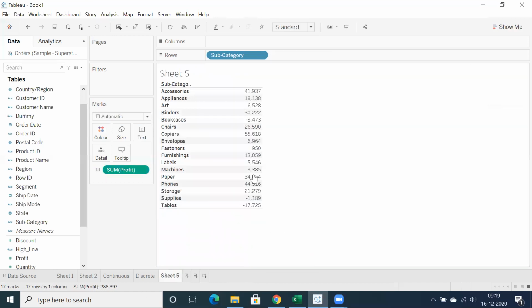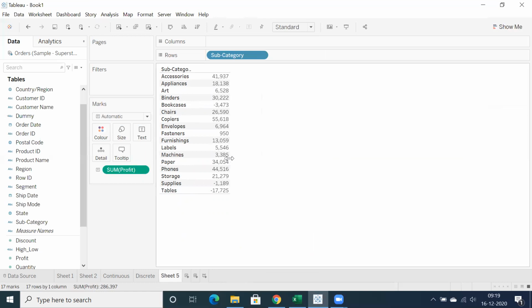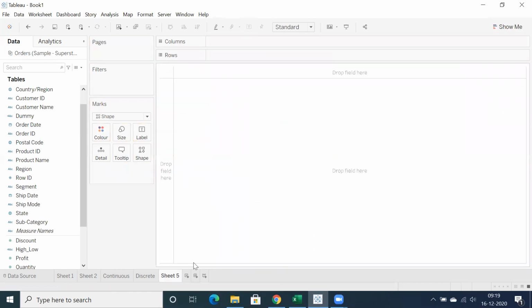I will come back to this as you asked, right? Why should we convert into discrete? We have an option. Instead of creating discrete and continuous, we can also do one more thing. You can click on the shape directly. Okay, you can see here. Let me recreate the report once again. Okay, let's delete.